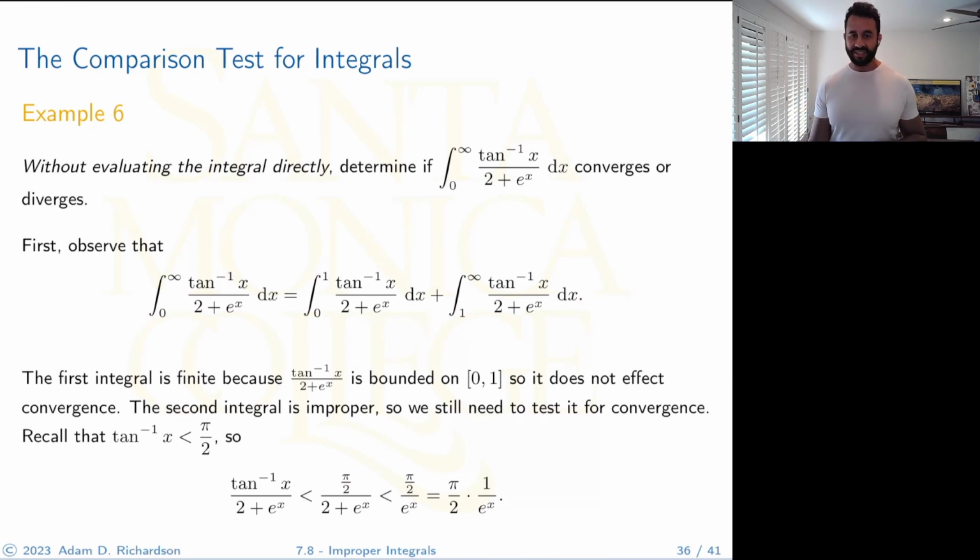So, like I'd said a minute ago, arctangent is bounded above by pi over 2. So in particular, we get this inequality right here, right? This is less than pi over 2. So this is less than pi over 2 divided by 2 plus e to the x. Now, another thing to notice, 2 plus e to the x is always greater than e to the x. So this fraction is always less than this fraction, okay? Now,